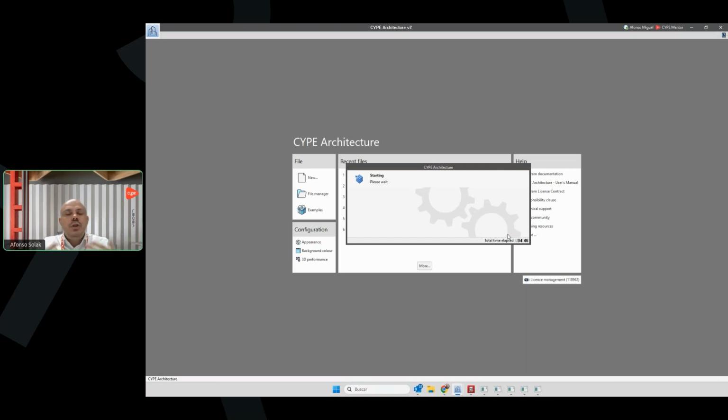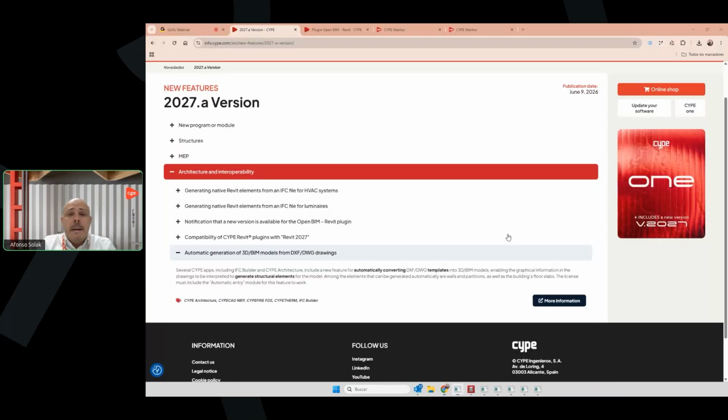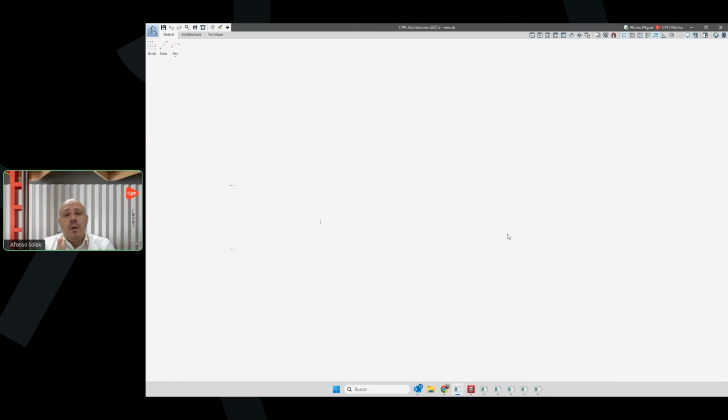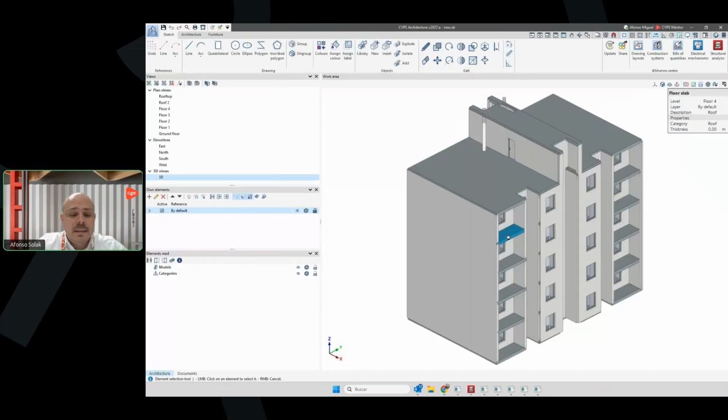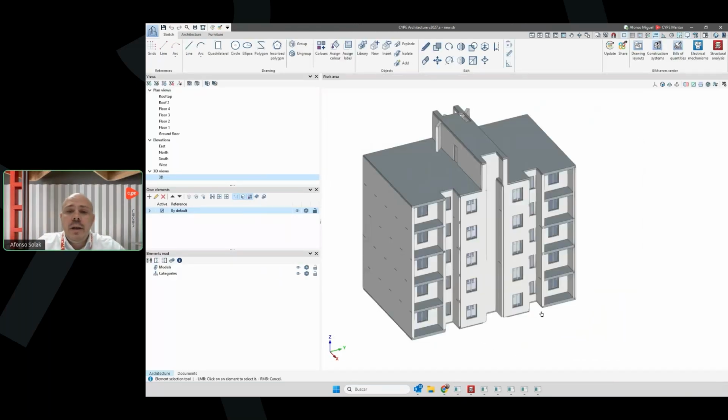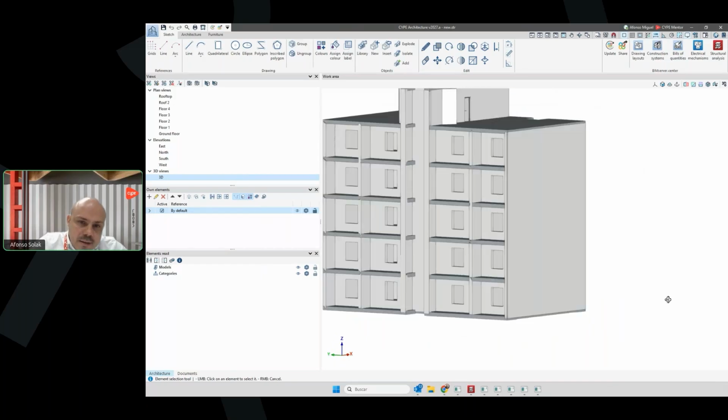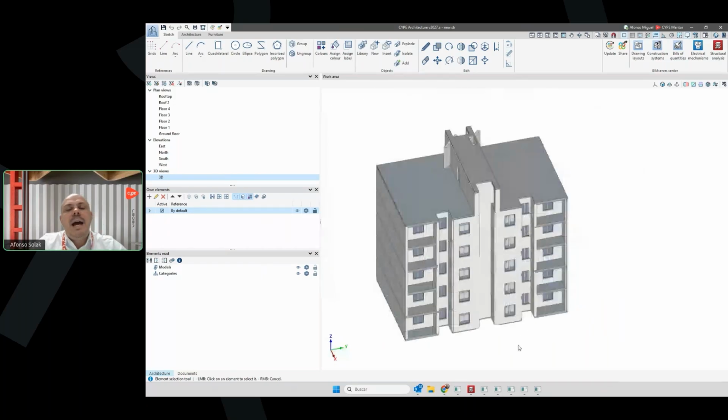The idea is not to create a perfect model since the beginning, but all that work that you have to do modeling manually when you import these DWGs, when you start modeling according to the lines, snapping according to the lines in the DWGs, you don't have to do that, okay? You see that most of the geometry will be there, and of course then you can complement this geometry now. So my little model here, it's not perfect, it's not 100% complete, but I saved a lot of time